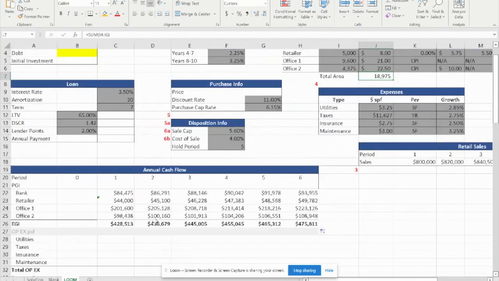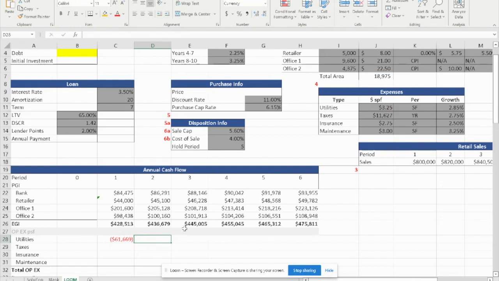Not including the out parcel. So for utilities, since it's an expense, you're going to make sure it's negative: equal negative the total area for the building, for the complex, times the expense per square feet, which is $325. So you have negative $61,000, and the utilities is growing at